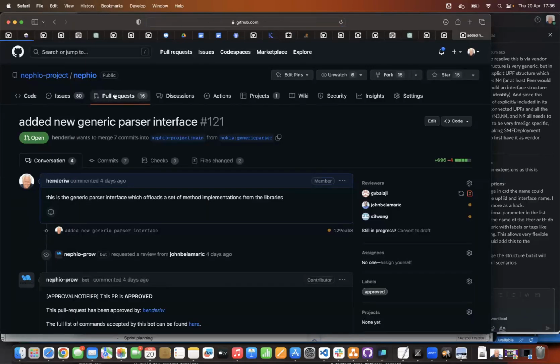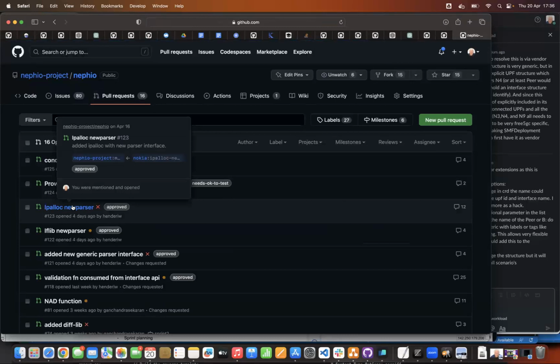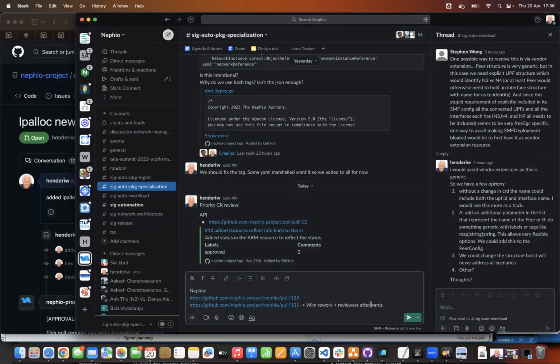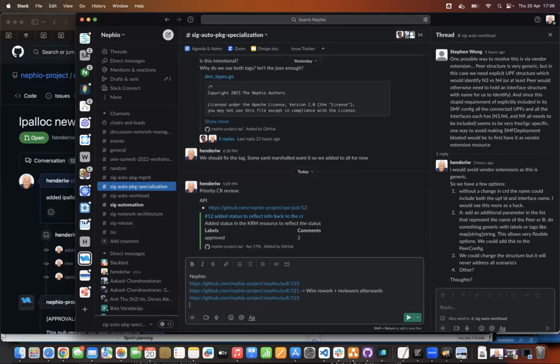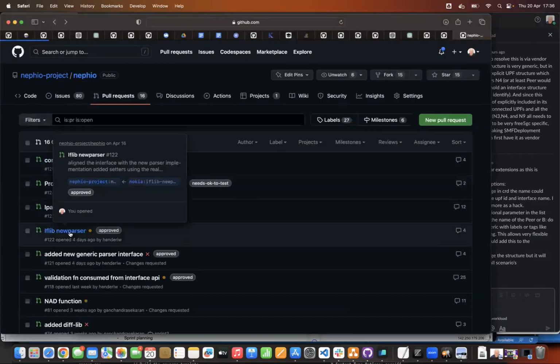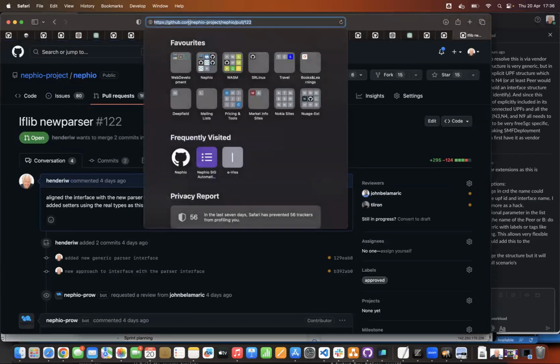All right, so that's that PR, and then these two are derived from it. These are depending on that, so I'll rework these as well, right? Yeah, I put that comment on those two as well. So I will rework this, and then I'll rework the others, right? Yeah, they are depending on the 121 rework. It's not too much work, and this one as well.